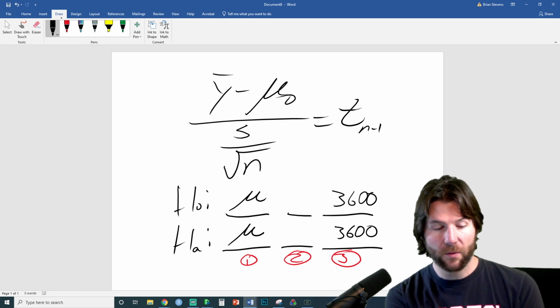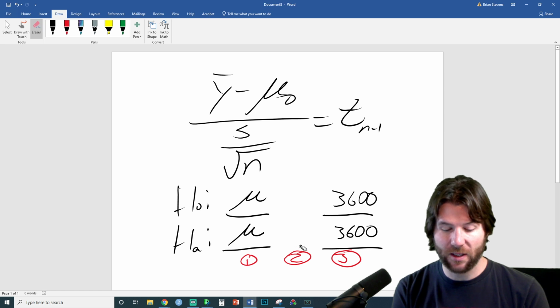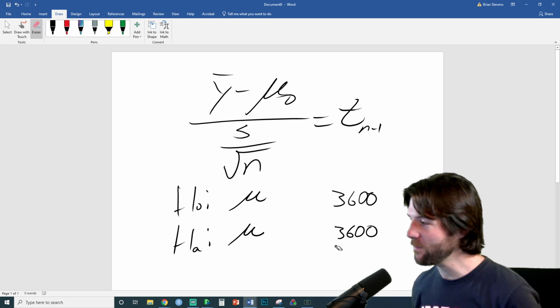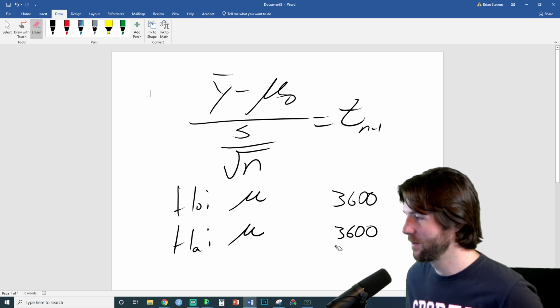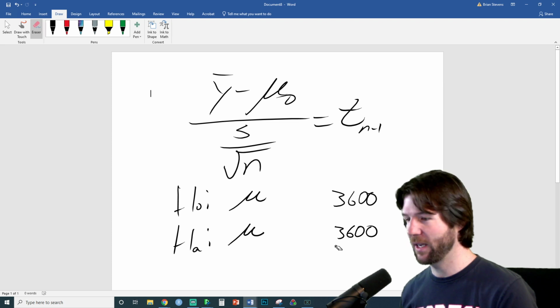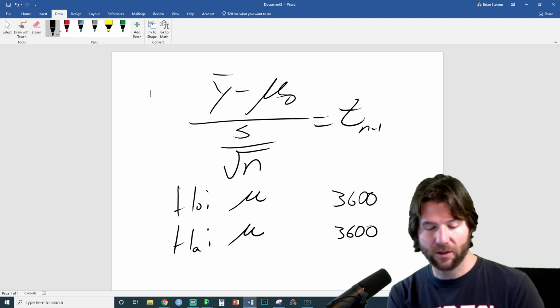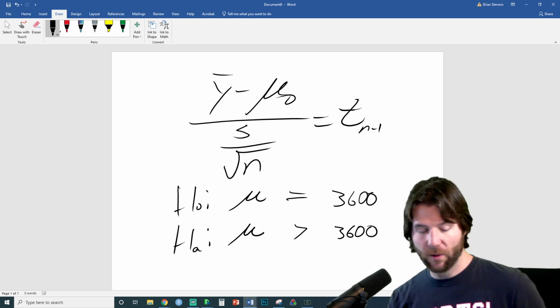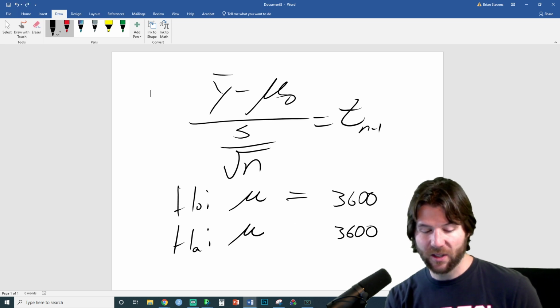And now you know the null always has the what? I want to see it in chat. For position 2, the null always has the what sign? The null always has the equal sign. You got it, Kendrick. Amazing work. The null has the equal sign, and then we want to do greater than. So you guys know the null always has the equal sign. Makes a lot of questions easy.